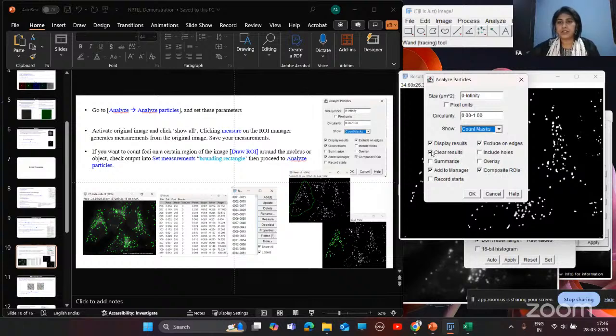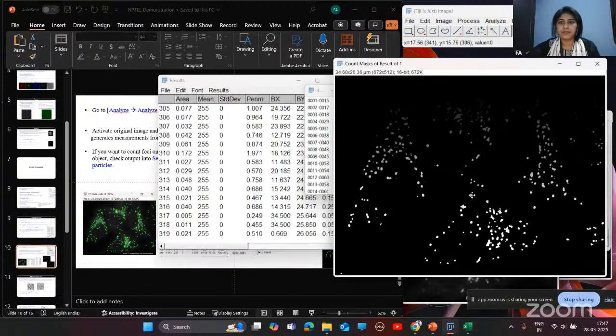You need to give display results, exclude on edges, clear results, add to manager, and the most important parameter is composite ROIs. Then you need to click OK.